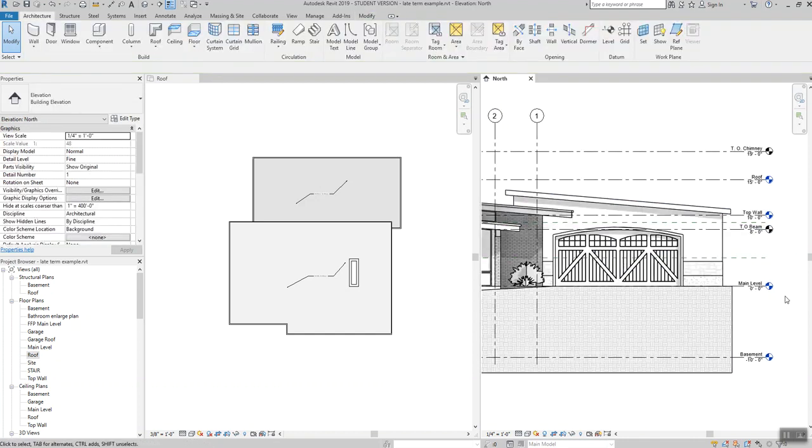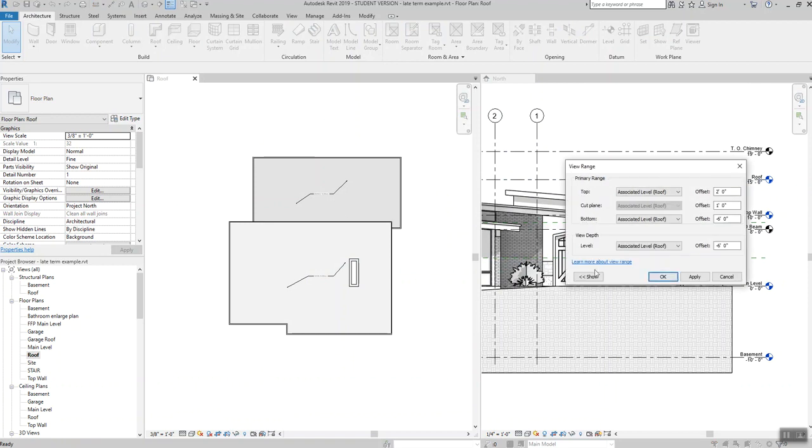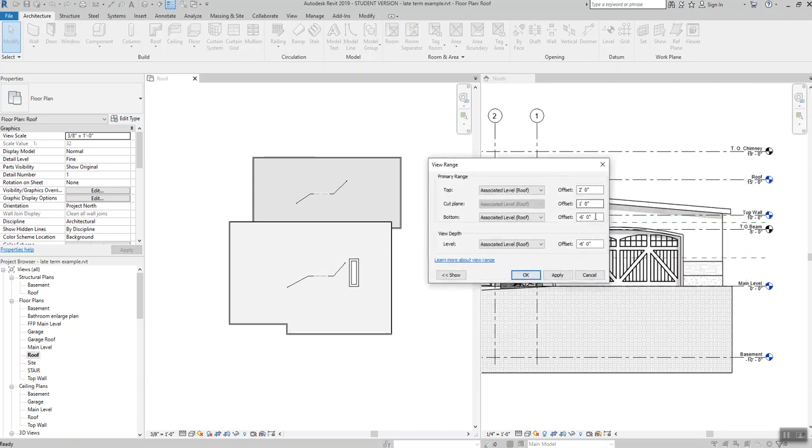When you are trying to create your roof plans, you are going to want to change your view range. You could change it to be top of beam. You could change your view to be top of wall. But what this person did is they chose roof and then gave it a negative offset so that we could see those roof planes below. So if the view range of this level didn't have that 6 foot offset, if I change it to 0 and 0,